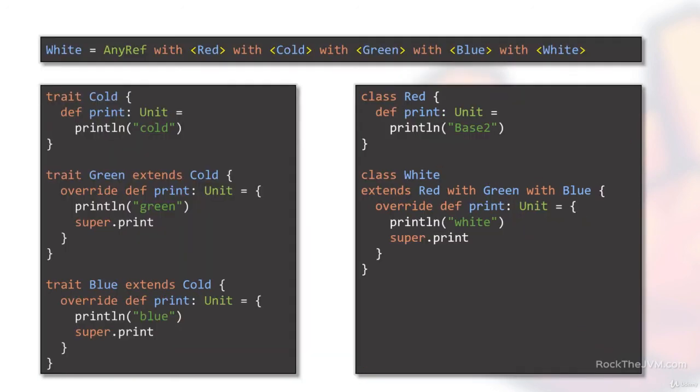So here's our code example with the big type linearization on top so we can keep track of it, okay? So when we call white.print, we print, of course, white, and then we call super.print. But we now know what super does. Super looks at the type immediately to the left in white's type linearization. So in our case, it will look at the print method in trait blue, which will print blue, and then it calls super.print yet again, which will look at the type immediately to the left in white's type linearization, and